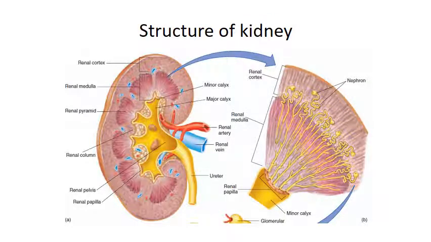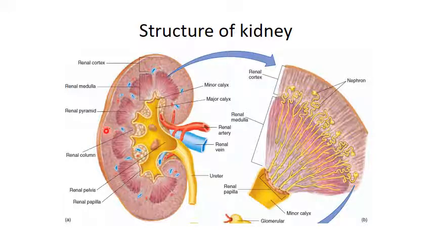Now we'll discuss about structure of the kidneys. Each adult human kidney is 160 gram in weight, and size of the kidney of a person is that of his or her clenched fist. So if you clench your fist, this is actually the size of your kidney. Each kidney is having an outer layer of tough fibrous connective tissue, which is called as renal capsule. Inside the renal capsule there is mass of kidney called as renal parenchyma.